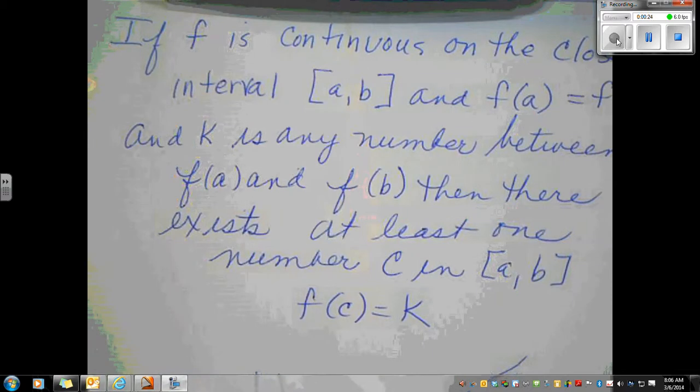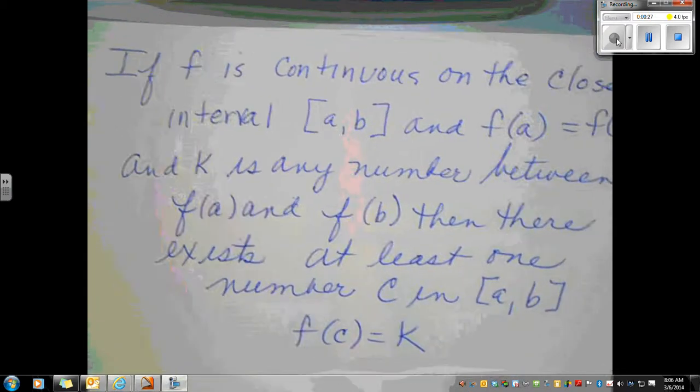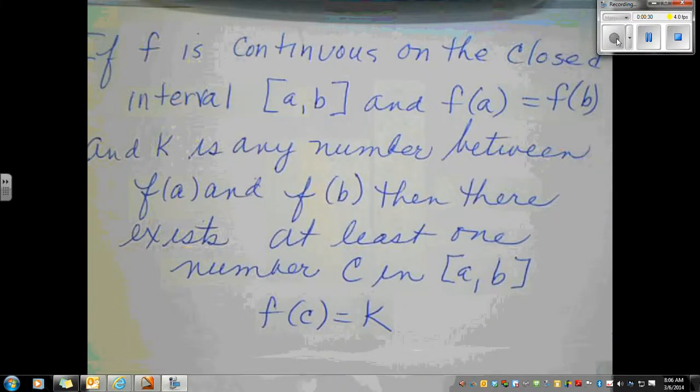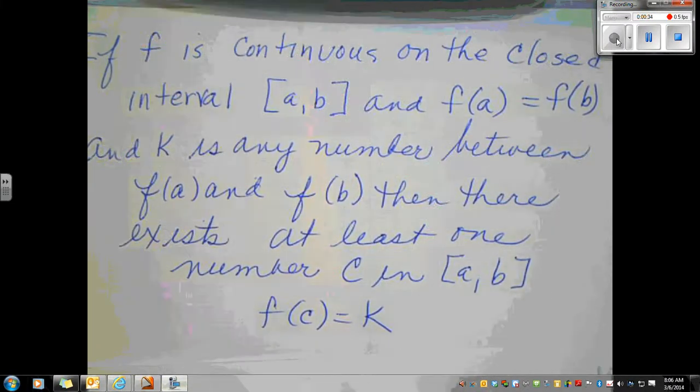This you should have read in your book last night. If our function is continuous on a closed interval a to b, and if